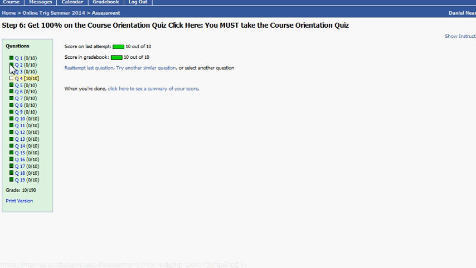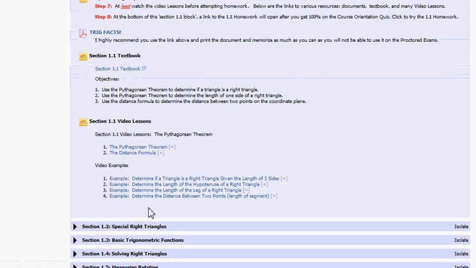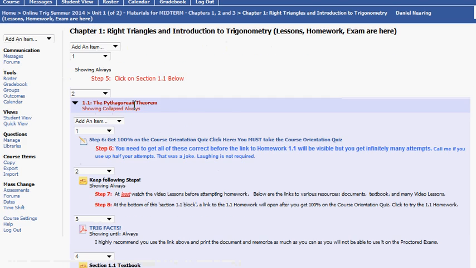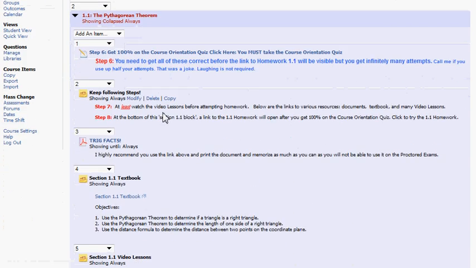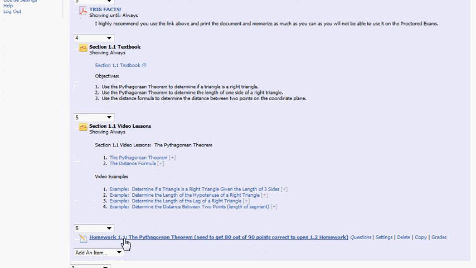So at any rate, when you get all 19 correct, or 100% on the quiz, you go back 1 level, and once you get 100% on the orientation quiz, a link down here will pop up for the 1.1 homework. Because I didn't get 100% on the quiz, it's not showing. So let me switch to instructor view so that you can see what that would look like. You get 100% on the orientation quiz, you go back here and there'll be a link that says homework 1.1